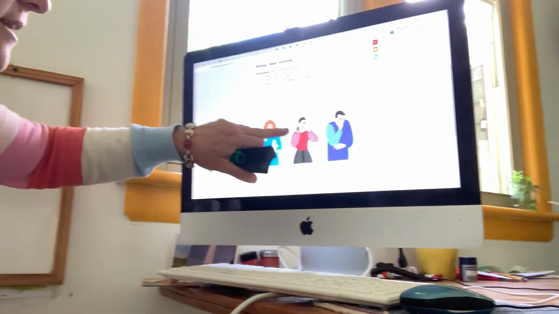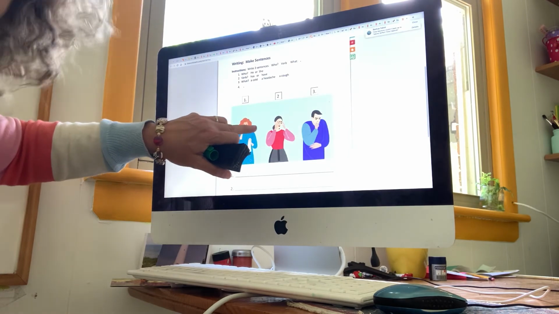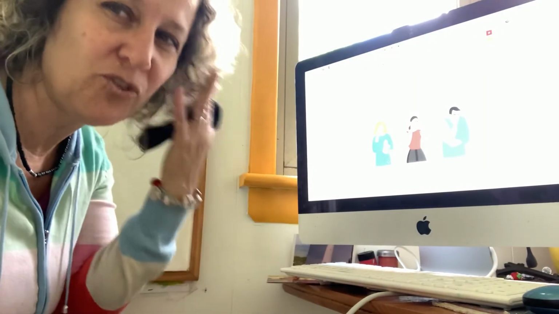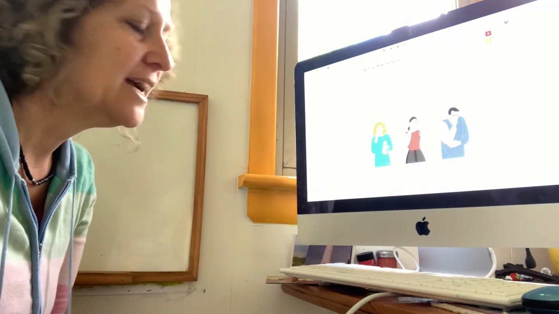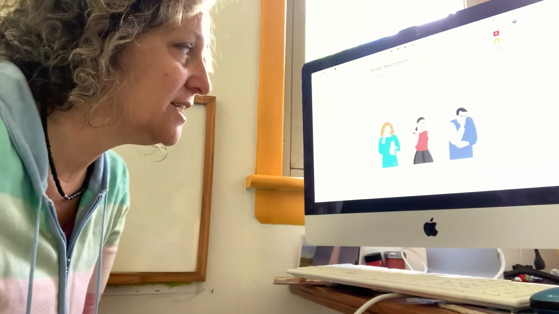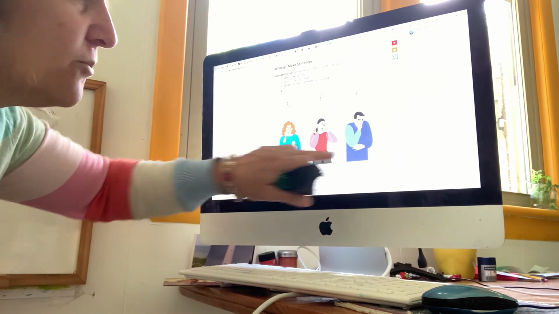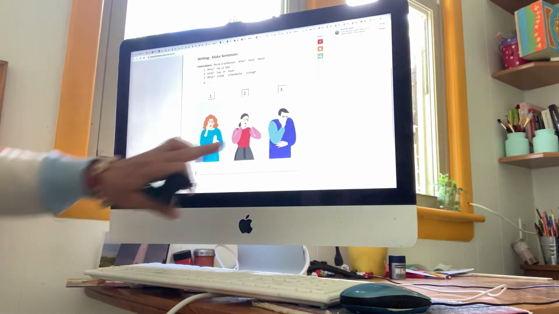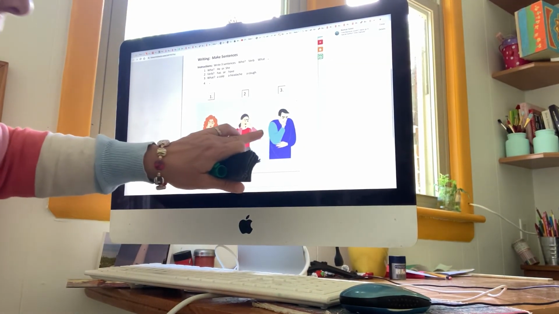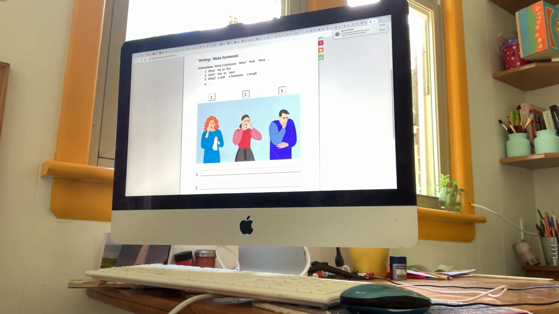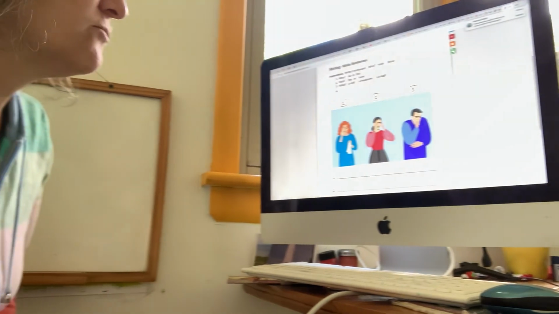Now here, she's touching her head, so it looks like she has a problem with her head. So you have to think, and remember, if it is she, she has. And then here is a he. We don't know, we have to think. I don't know if it is a problem with the stomach, or something he's doing with his mouth. So there you have to write